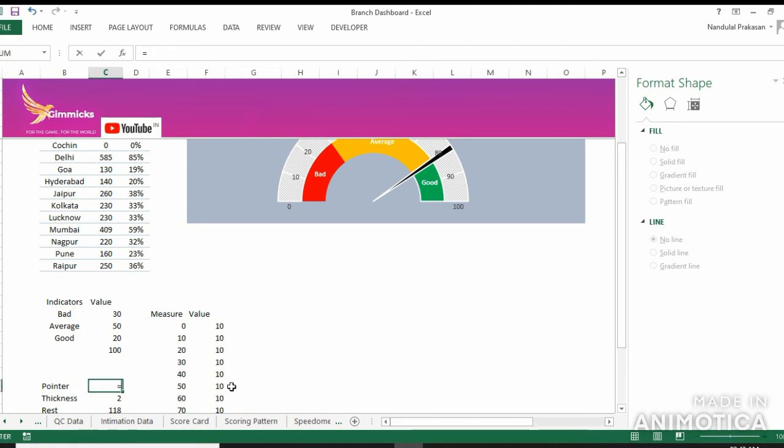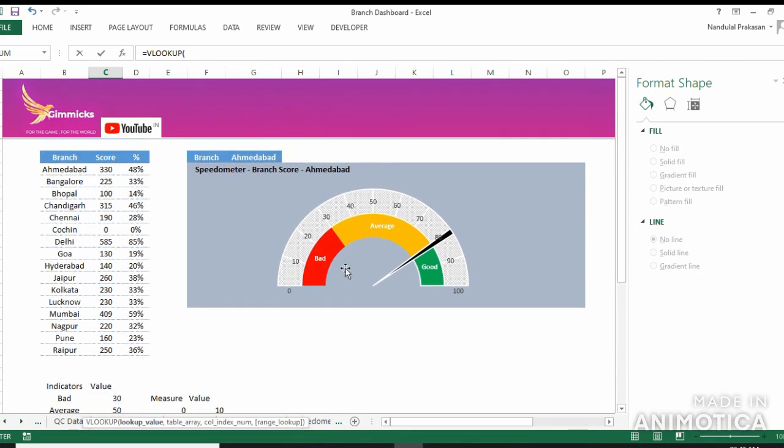You have to write VLOOKUP, bracket open, select the branch we will be selecting from the drop down list, comma, select this table.